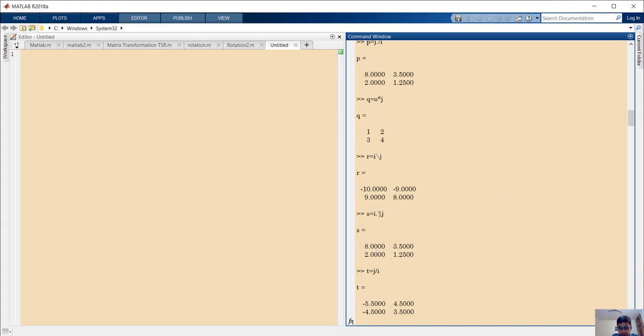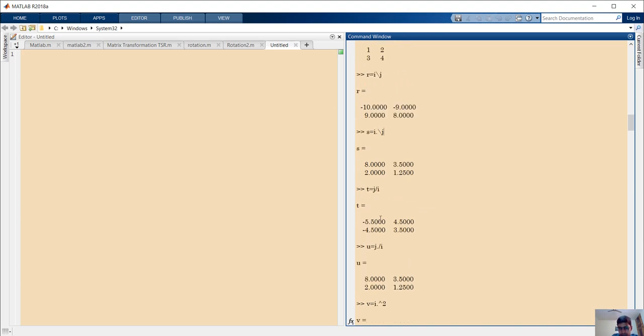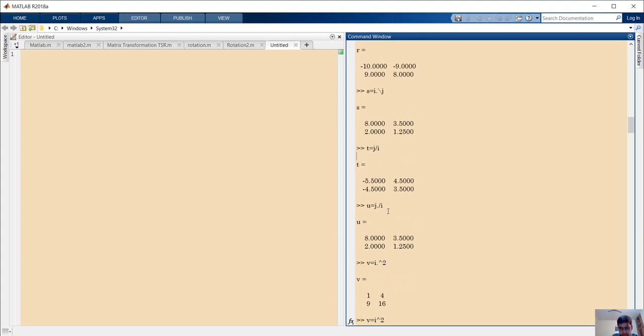so we have discussed this backward slash, and this again, the dot indicates element wise division. So this is I by J, J by I means element wise division. Okay, you won't be using this division so often, but to know what it does, I'm telling you. All right.